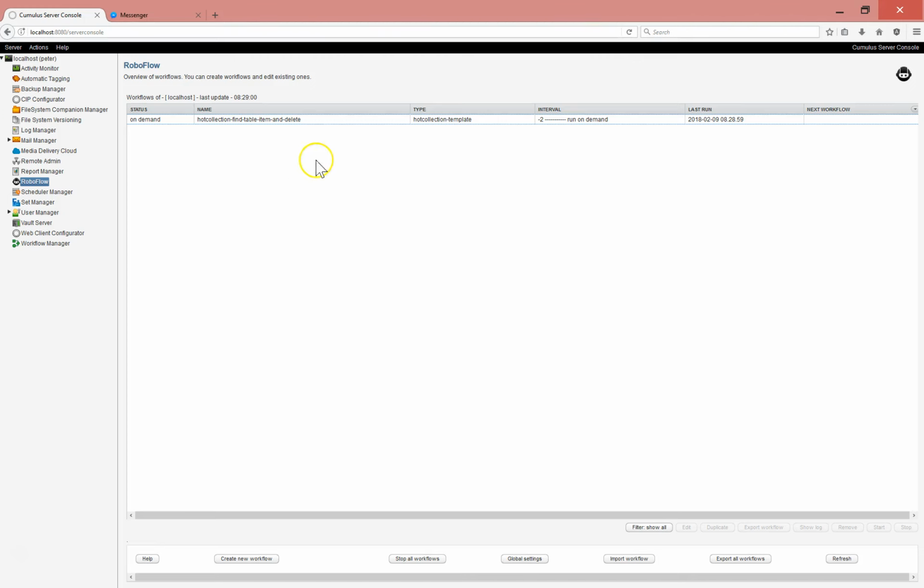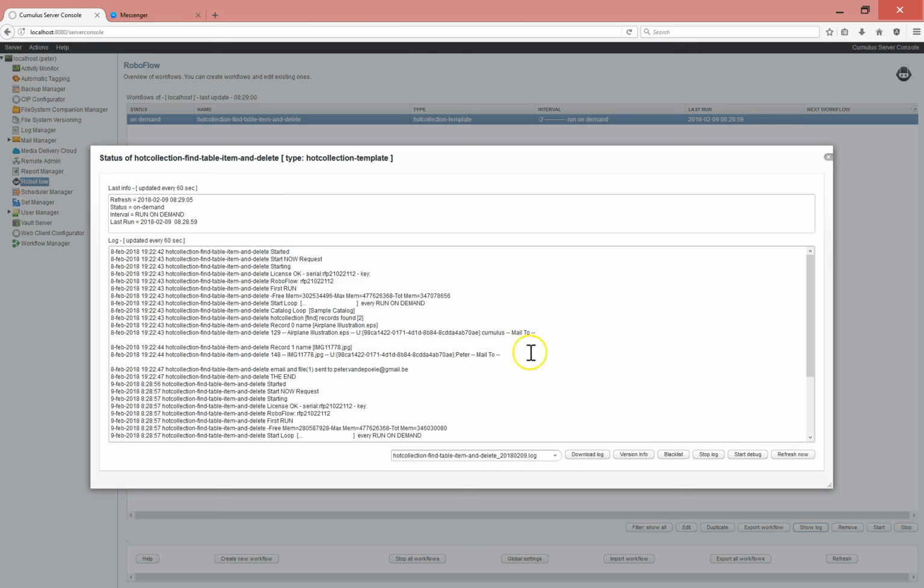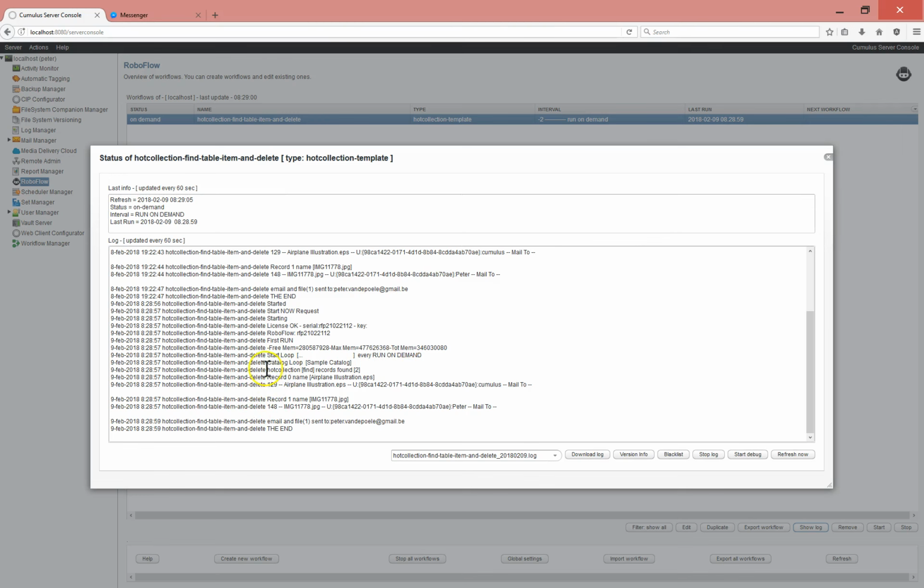And it's the first time I'm running this, so just make sure that Roboflow was running. Yes, I did not get an error. Good. So what can you see here? Catalog loop. So it's going over every catalog. There's just one. It finds 2 records, as we saw in our query,